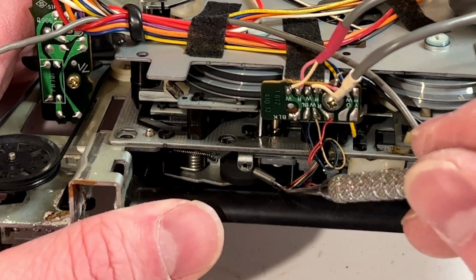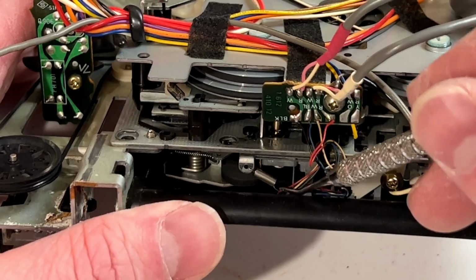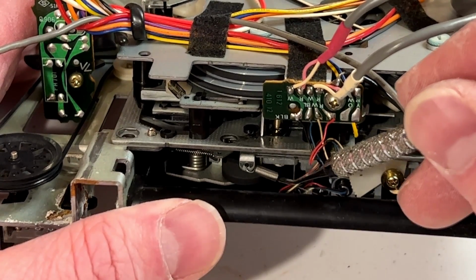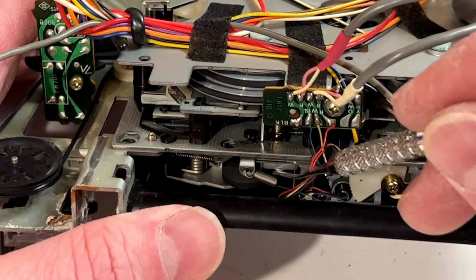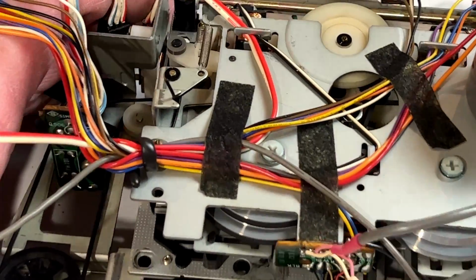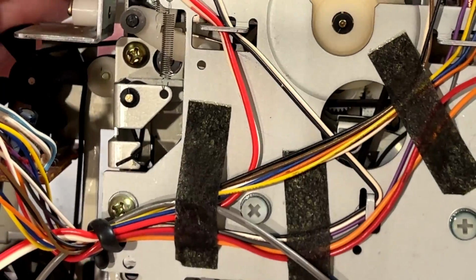And this little spring here is supposed to be attached to that gear, the broken one. So I'm real glad to see that this spring is here because it could have very easily gotten lost. It's just tiny. So yes, it is there. Glad to see it. Now, as far as the belts go,